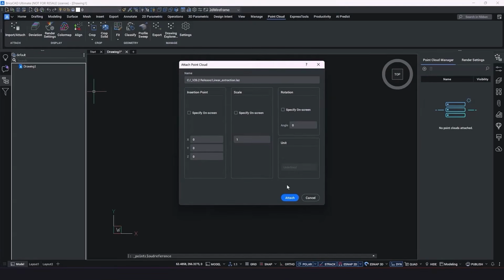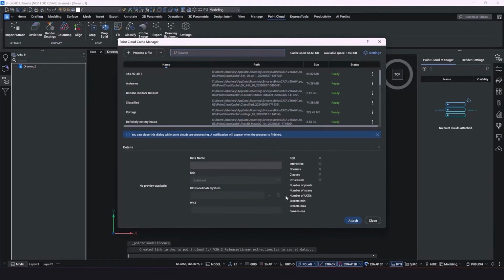You're going to have a dialog come up, and you don't have to do anything here. Just hit attach. Now what's going to happen is the Point Cloud Cache Manager is going to come back up, and it's going to tell you that you can do things while point clouds are processing in the background, and then you'll be notified when the process is finished.